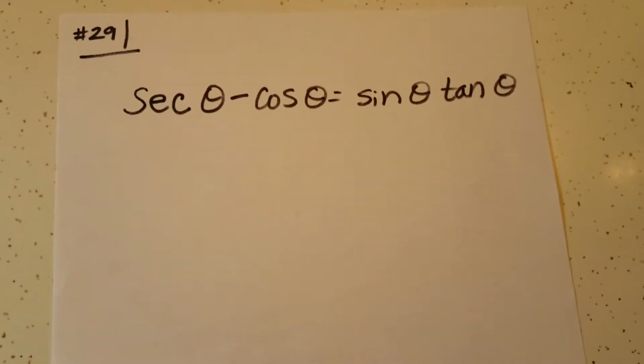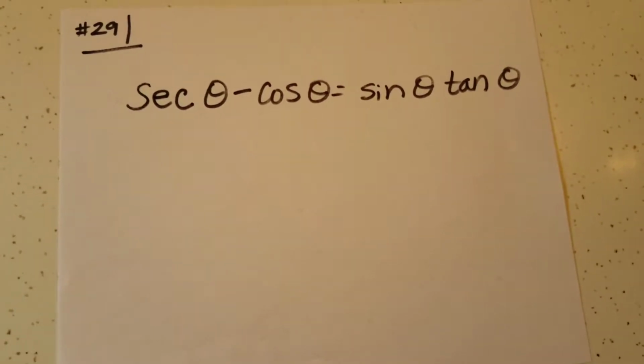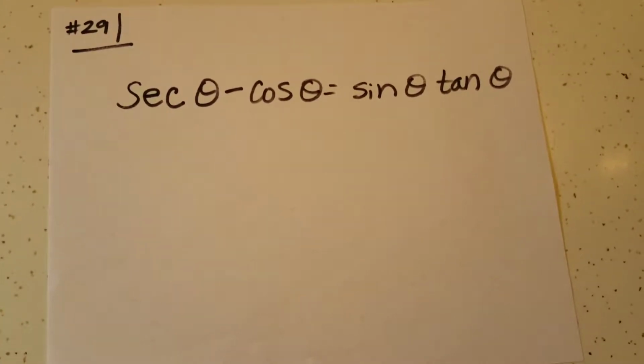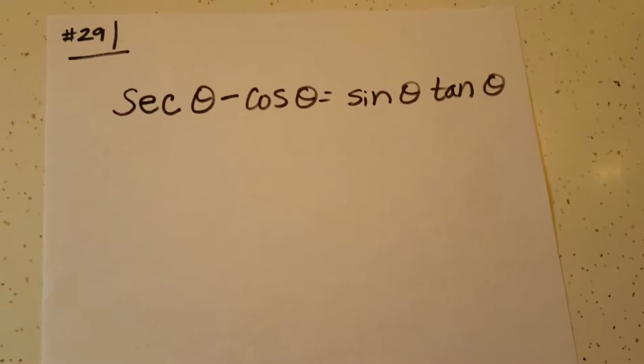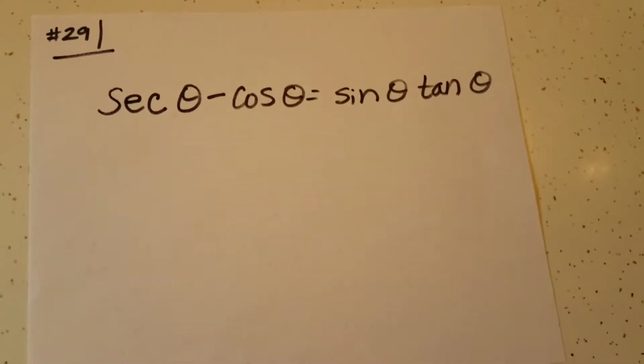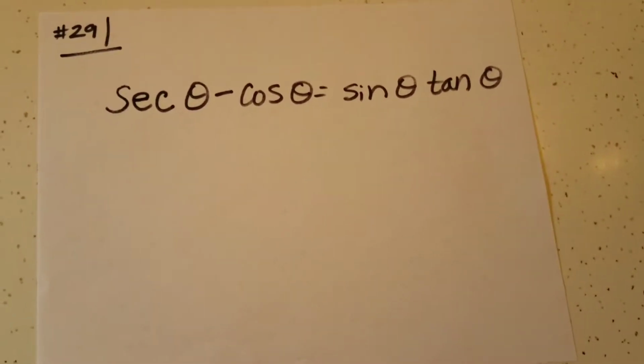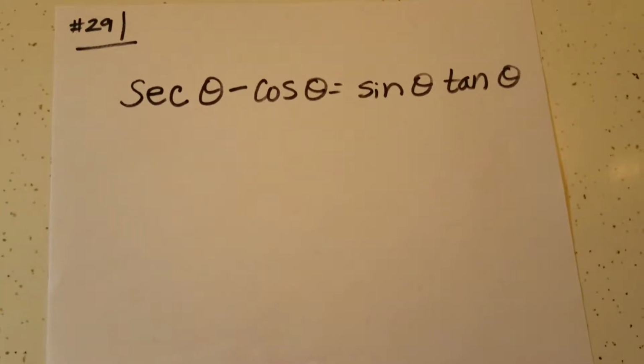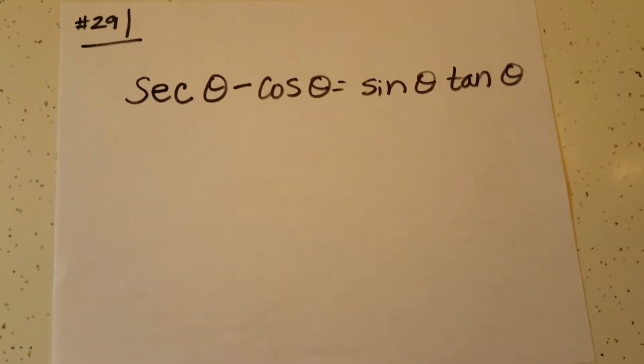This is problem number 29 on page 342 of the textbook, and this identity says that the secant of theta minus the cosine of theta is equal to the sine of theta times the tangent of theta. And we're going to start off on the right hand side, and the first thing we're going to do is